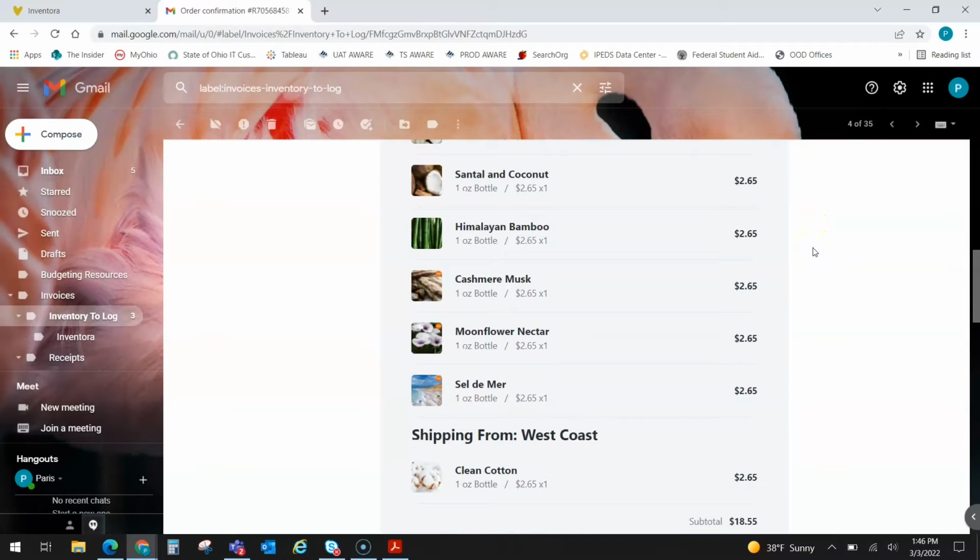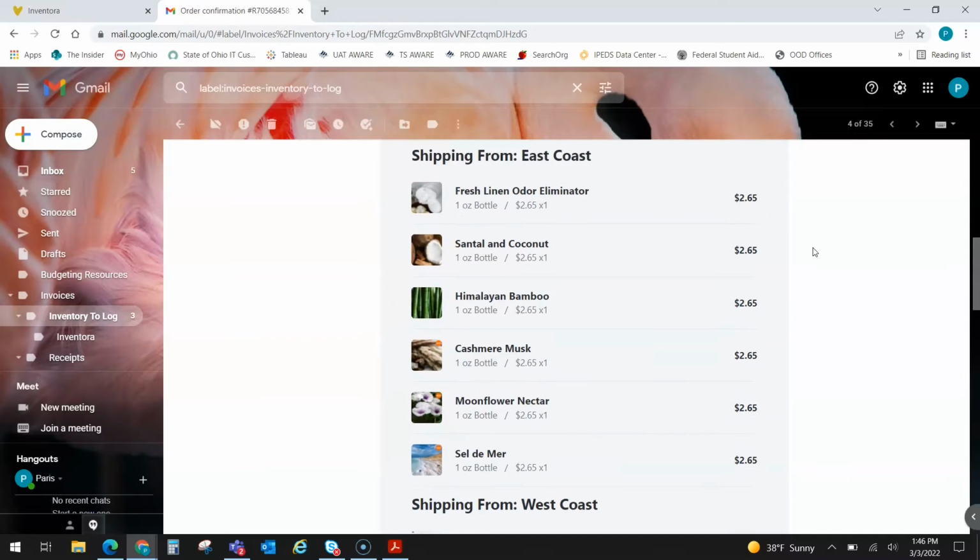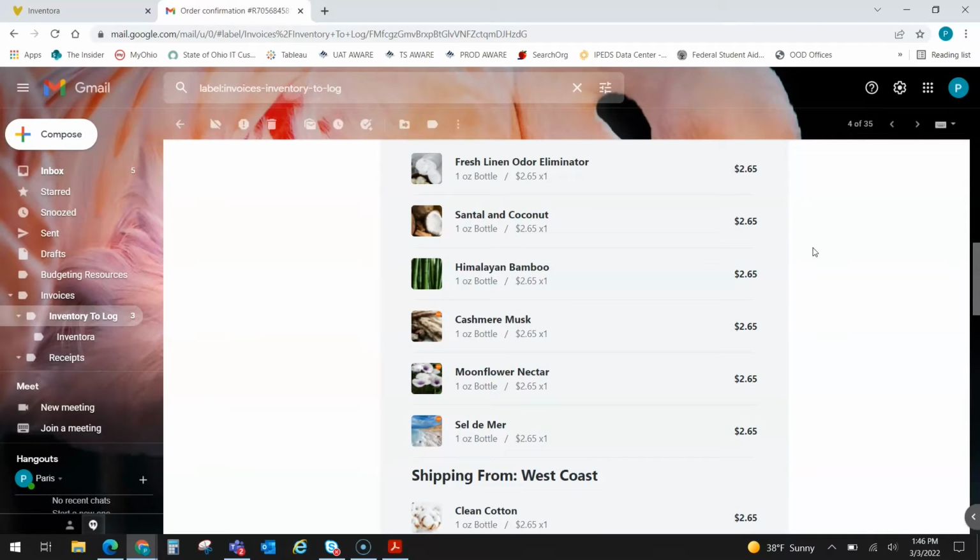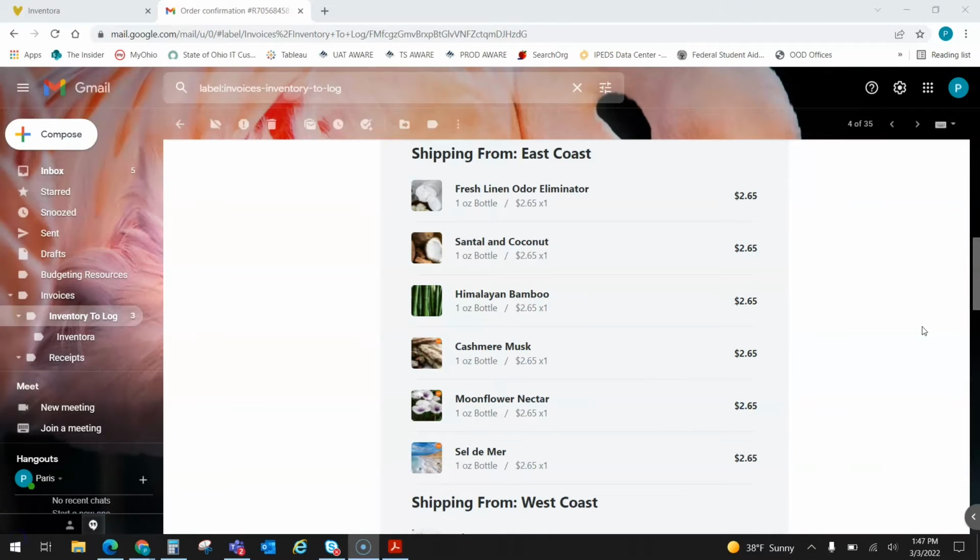And then when you enter it into your inventory, then we'll be able to calculate the math to get the cost per unit. So I like to use grams, so I'm trying to find the cost per gram for each item. So I already did the math. I took $2.65 plus the $1.55 for the shipping, and it comes to $4.20. So we are going to start with the first one here